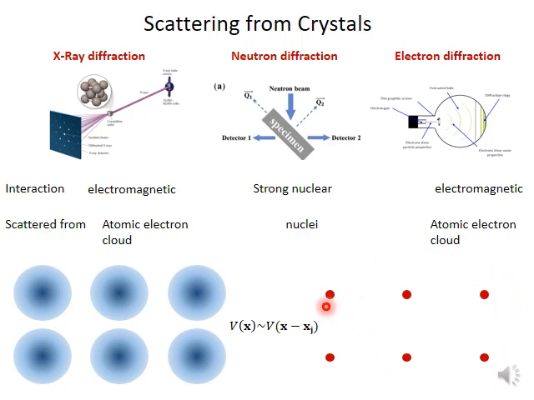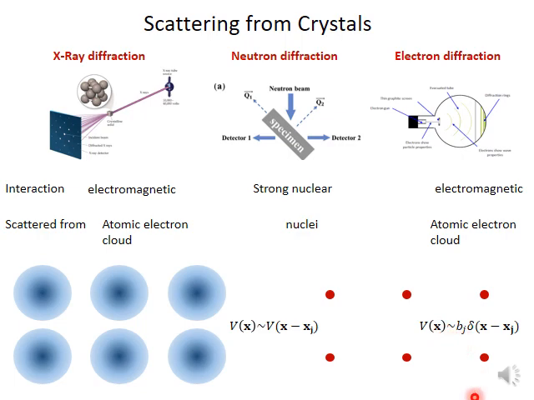So this is not a spread out potential, but rather a delta-like potential, such that you have an interaction at exactly a specific location of the lattice x_j, so exactly at the location x_j of a specific atom and not anywhere else. And b_j here would represent the strength of that potential, depending on, so different nuclei may have different strong nuclear interaction with an incident neutron, and that strength would be given by this quantity